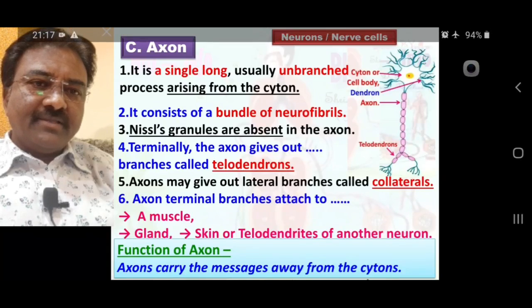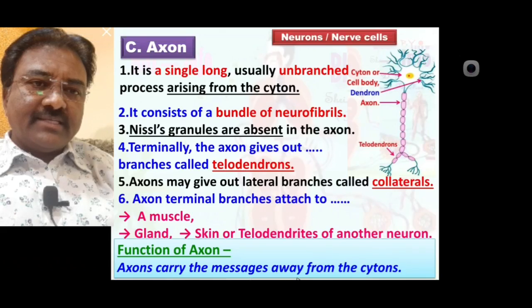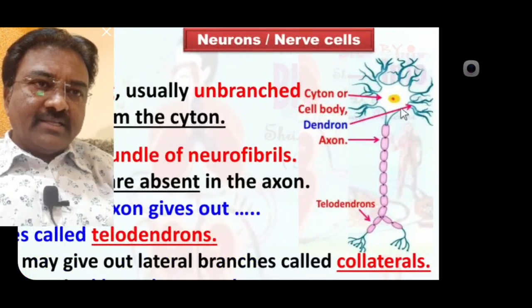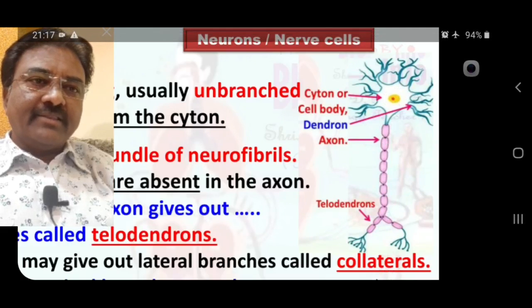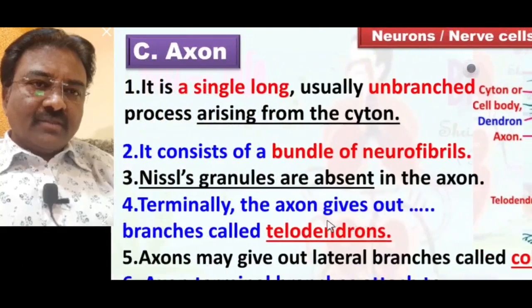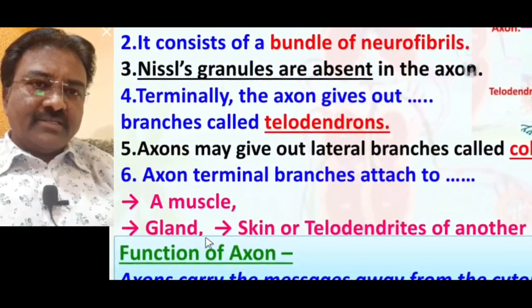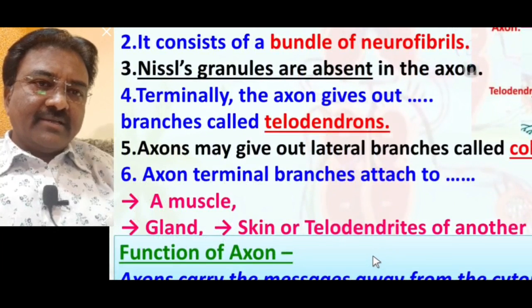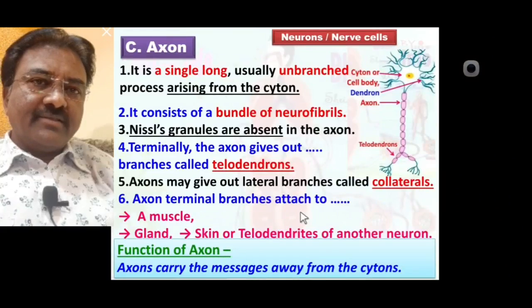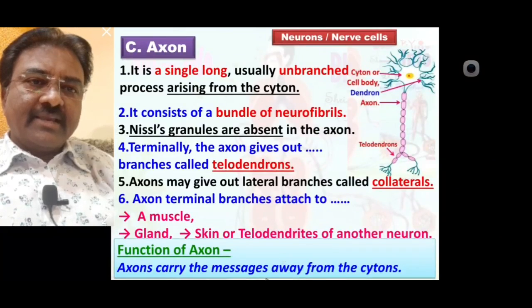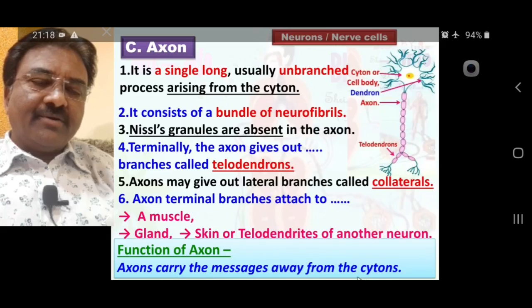Always remember, axon carries messages away from the cyton, means the message that is at the cyton, the axon takes away from the cyton to the next neuron, also to the gland, also to muscles, or to skin, or to telodendrites of another neuron. So function of axon is carry message away from the cyton. Up to this